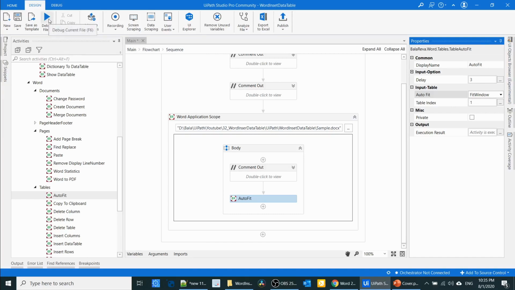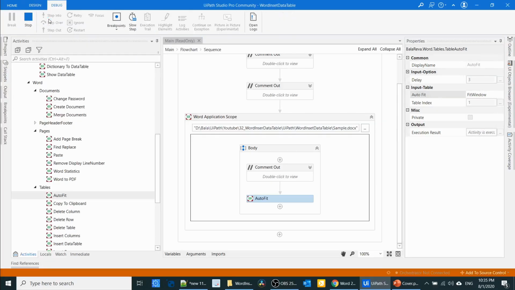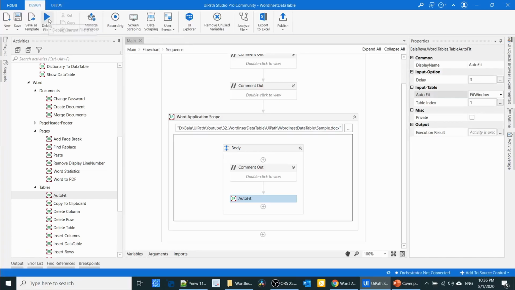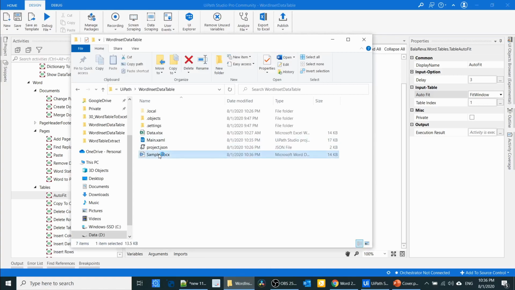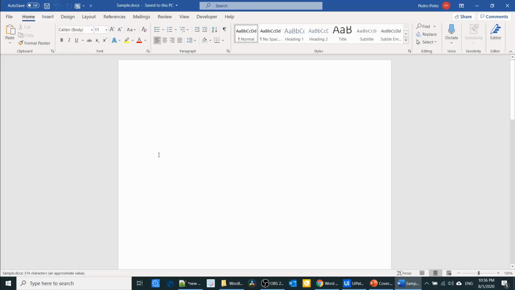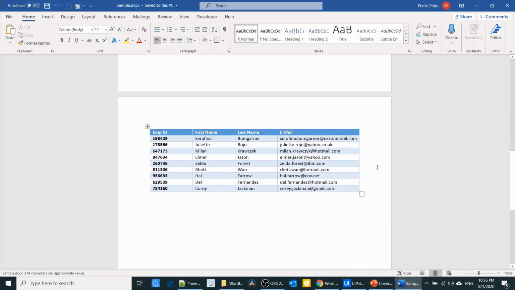Let me execute the process. It's finished. Let us check the output. See, it's adjusted based on the page width.